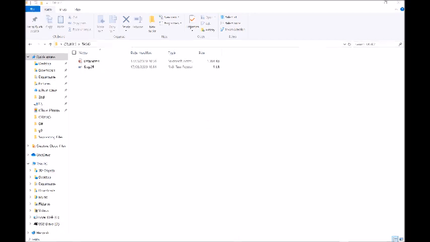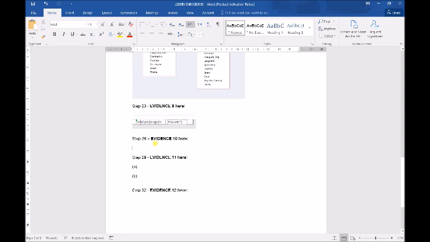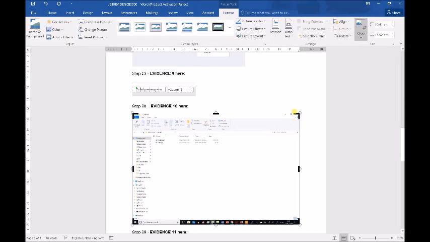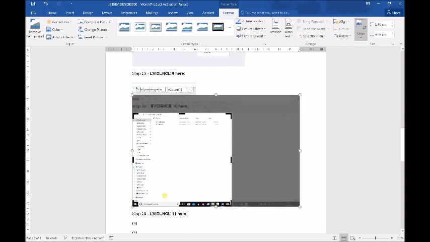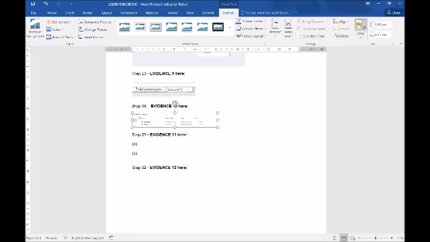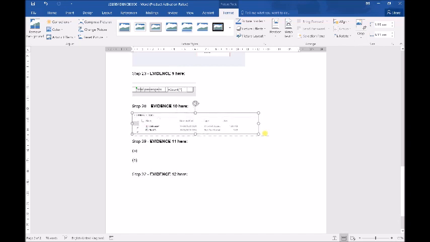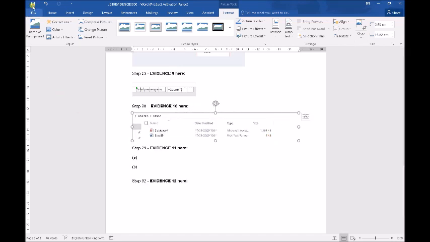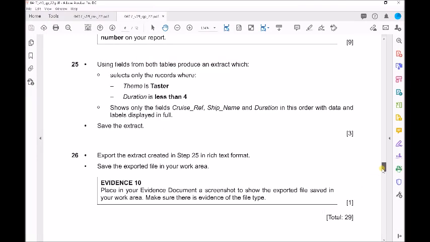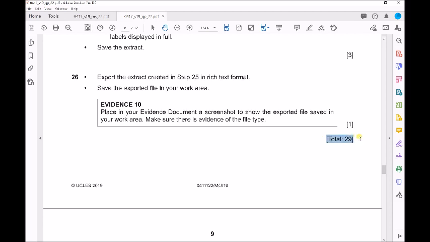Screenshot evidence 10, and as usual crop. Keep the folder name. Enlarge just to make it clear. Alhamdulillah, congratulations, it is done. 29 marks are